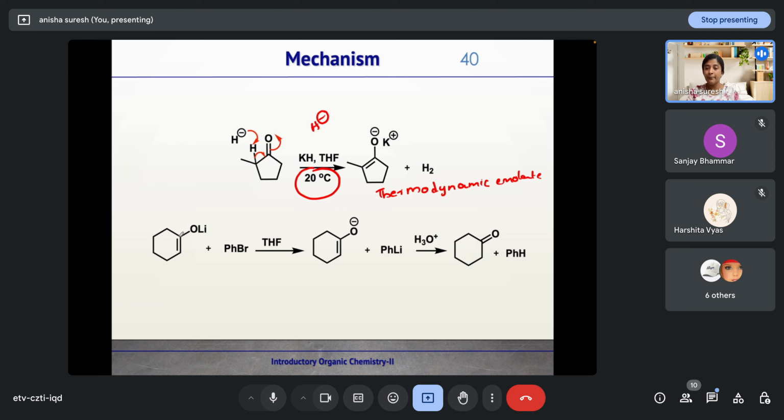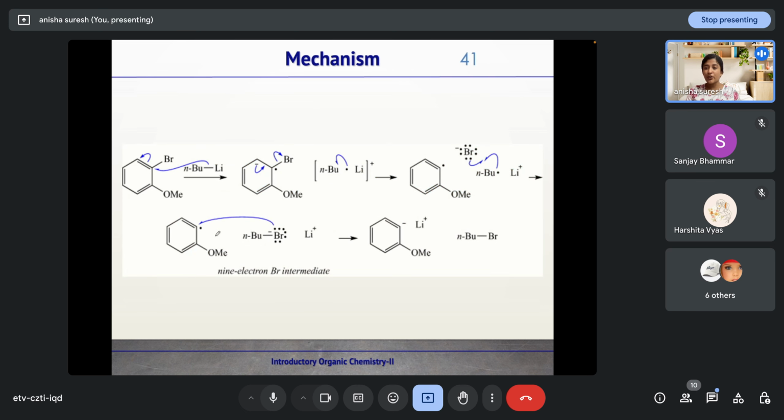Now coming to the next question, this PhLi, it cannot react with this benzyl bromide like alkylation reactions are taking place. So this lithium enolate will react with this benzyl bromide, leading to formation of this PhLi and this enolate, and this upon hydrolysis it will lead to formation of this ketone and benzene. Okay, so this sort of mechanism is taking place there. This is benzyl bromide. Consider this benzyl bromide and PhLi in our case. So that will attack at this position,